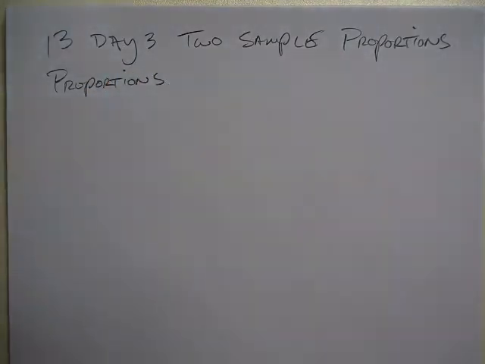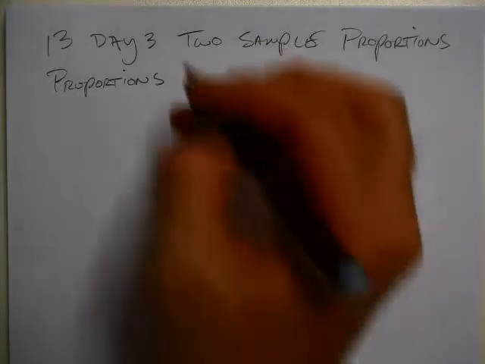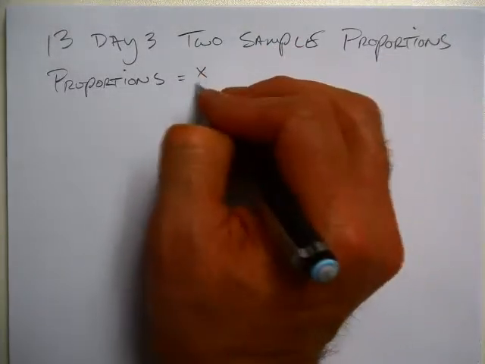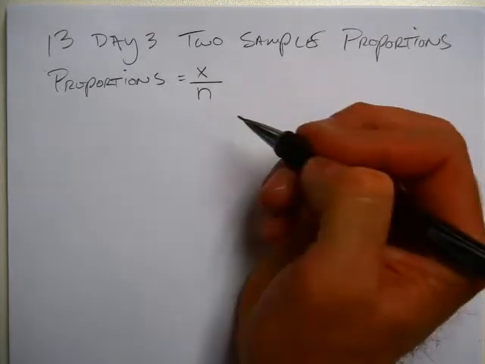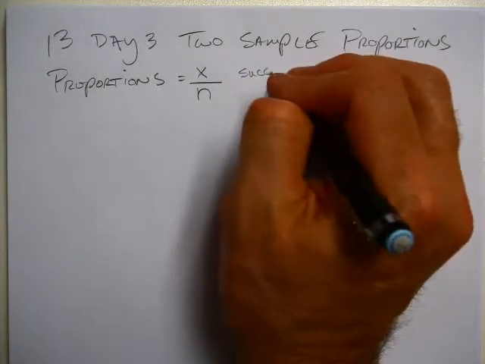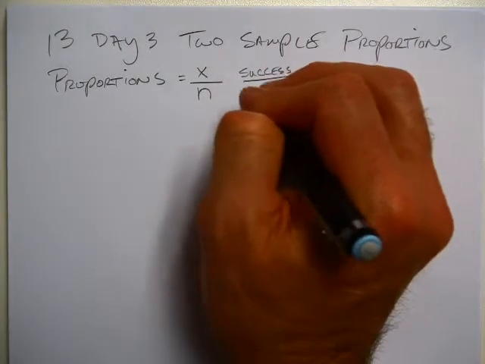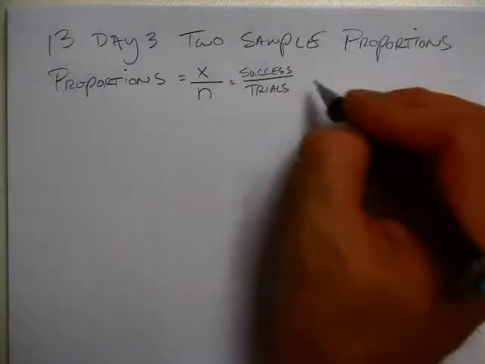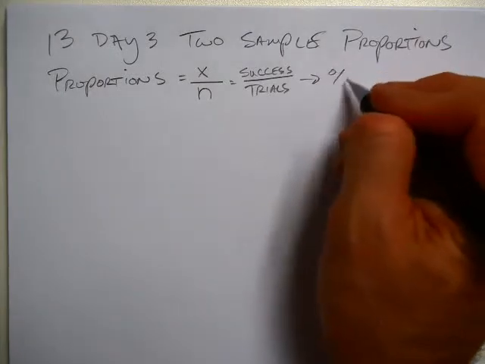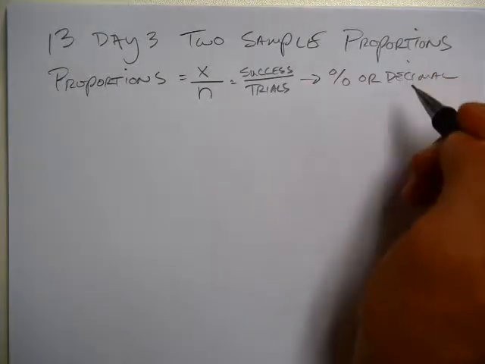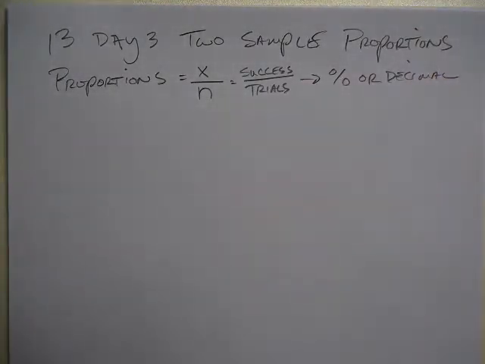Proportions are something we're struggling with, it seems. They are calculated by taking some count of success x over n trials. So success over trials. So it's a fraction, but more often than not it's given as a percent or a decimal if it's calculated for you. If it's written in a statement, it's probably going to be something like